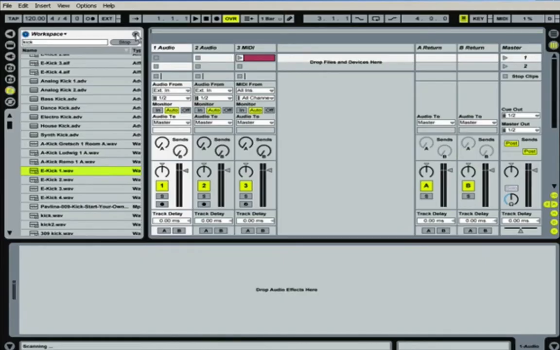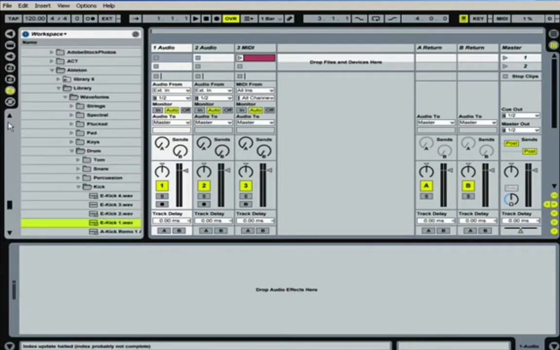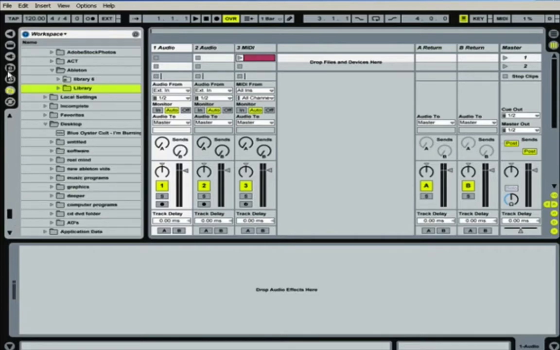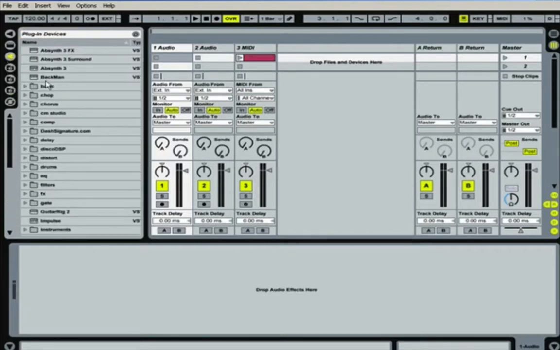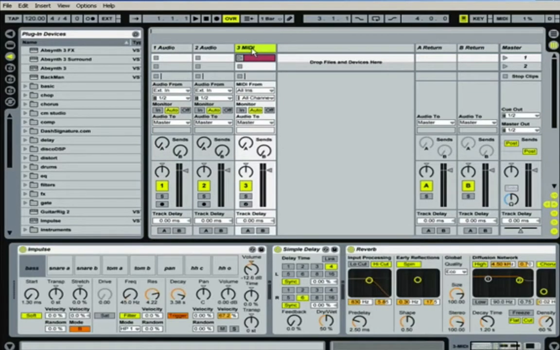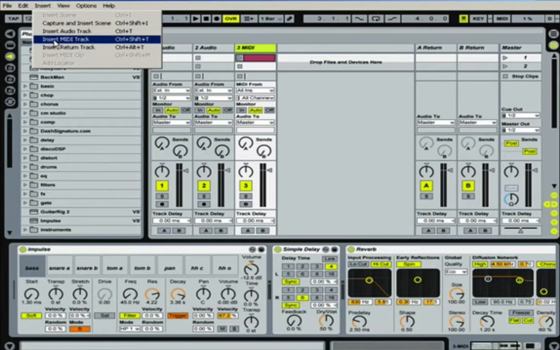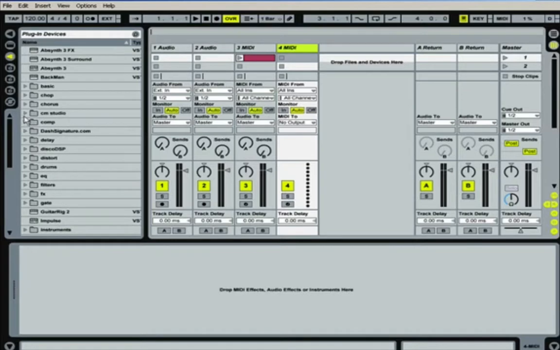So let me get out of there and get back into a couple other things real quickly. I'm going to go back into this plugin area because I want to show you when you drag in a plugin. Let me just make a new MIDI track. I'm going to go Insert, MIDI track. If I'm to drag in, let's say, a synthesizer,